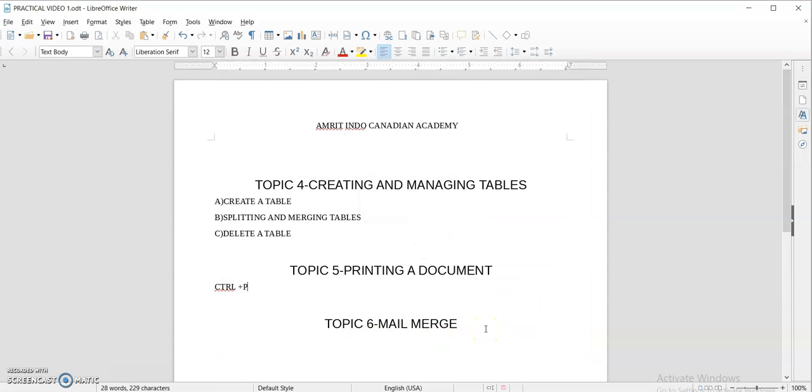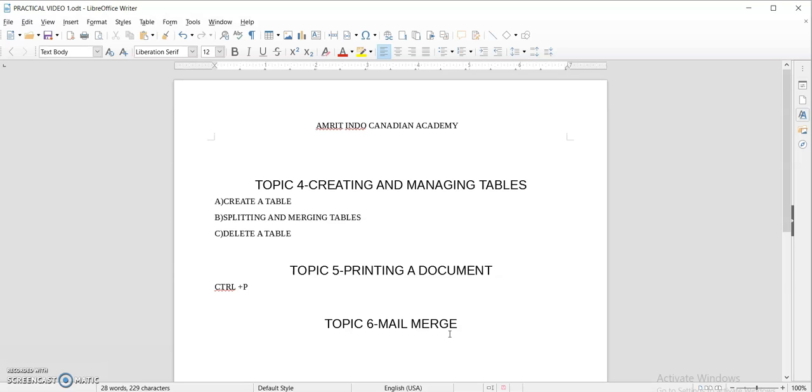The next topic is mail merge. Mail merge is a very important feature of the word processor. It is used to create a series of the same document with multiple addresses. Mail merge is the process of merging the main document with the mailing addresses of various persons.